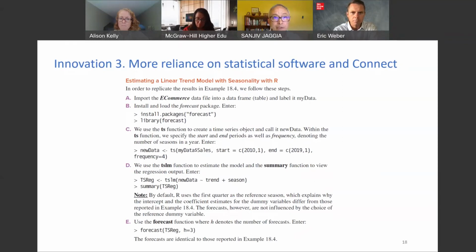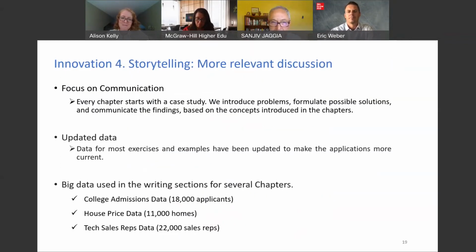These are the times when students say, hey, professor, R is so much easier than Excel. I hear it. I see nervous faces initially, and I see faces that tell me they're not going to use Excel again. Anyway, so that's my own experience. Next slide, please. So that's the fourth innovation.